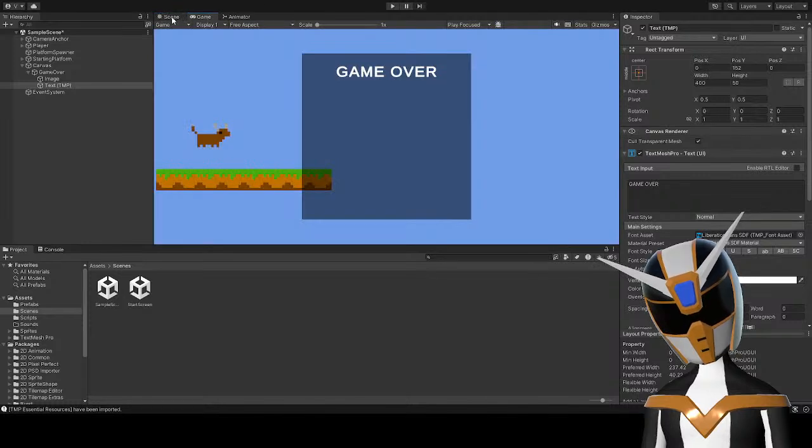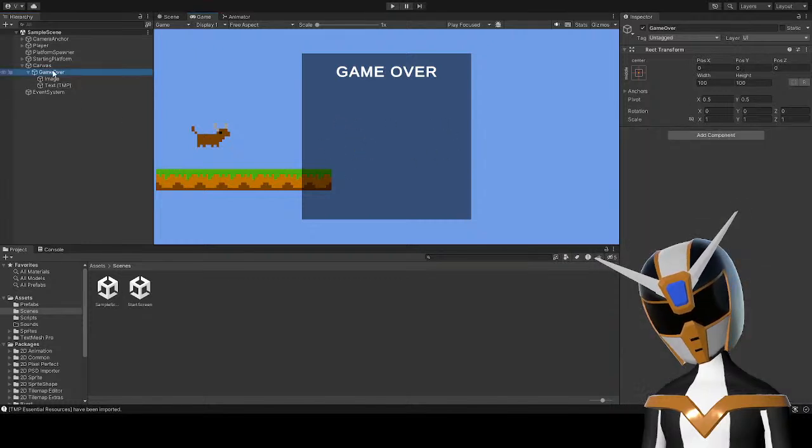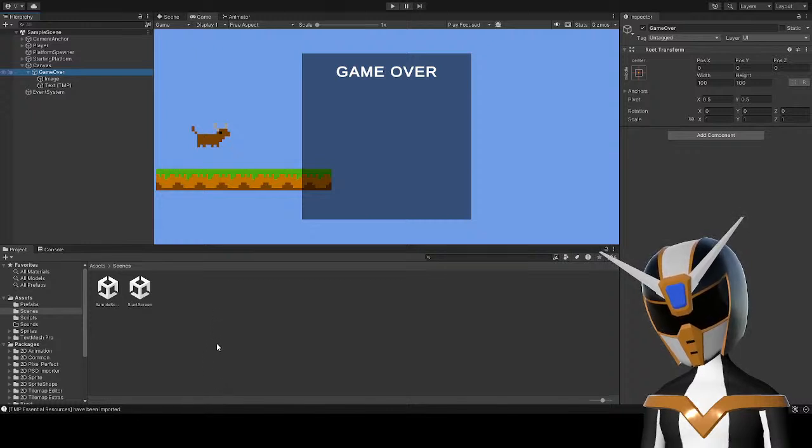There. Then I'm gonna have to have a few buttons for restart game, quit game. Now this is going pretty smoothly so far. Oh, where's the button? There it is.